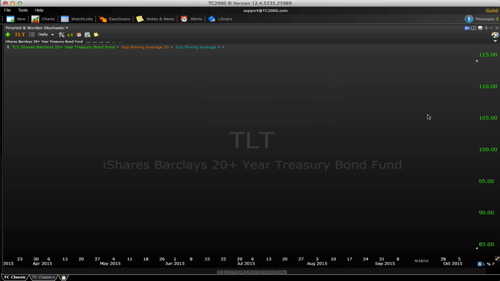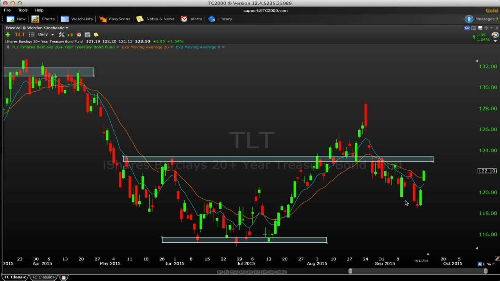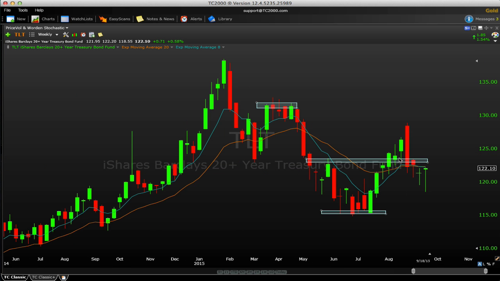Now let's look at some other markets. TLT is the first, and this one had a nice rally this week. If you look at it, up 0.58%. It held in there, right? Not a super explosive move, but look at where it was earlier this week, all the way back down here at 117. Look at last week's tail down here. Look at the week before its tail down here.